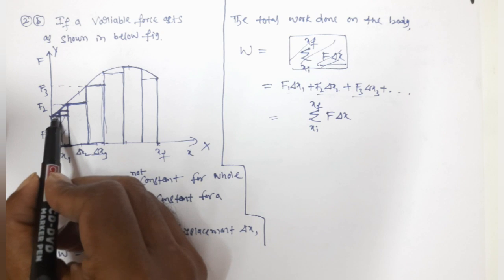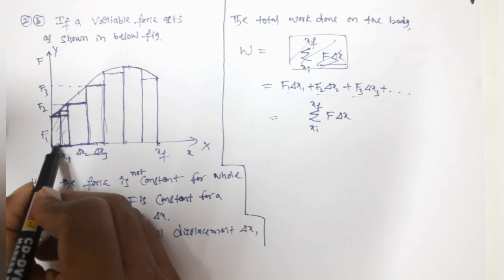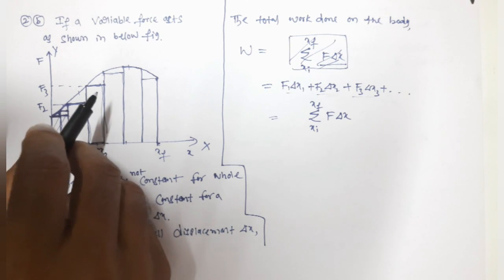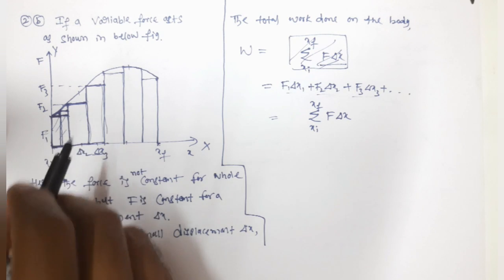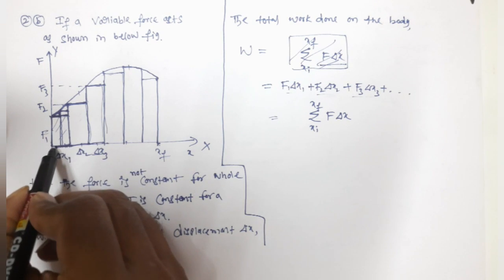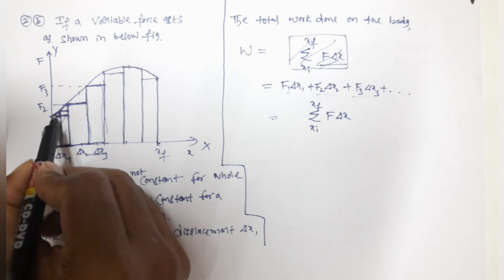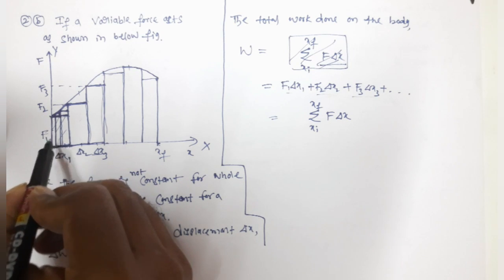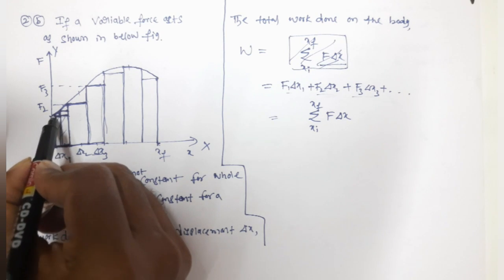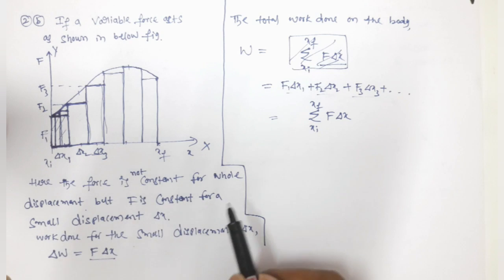So for that, what do we need to do? We have to decrease the size of the strip. So delta x must be as small as possible. Delta x value should be how? If it is even smaller, it comes like this, right? So like this. Then we don't lose this area, right? That means delta x must be as small as possible. So it should tend to 0.